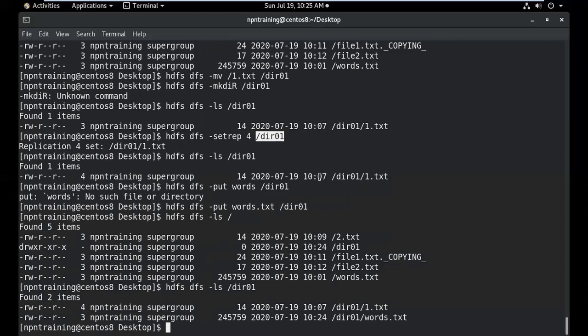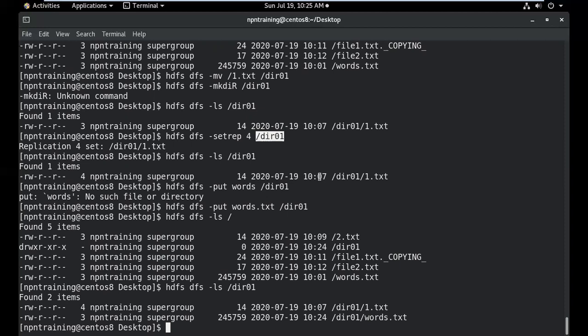So next time when a new file comes, you have to change the replication factor for that file also. That is the behavior, so you have to make a note. There's no way that you can apply it for an entire directory, because for a directory, first of all, there's no replication factor at all, right? Any single question here?